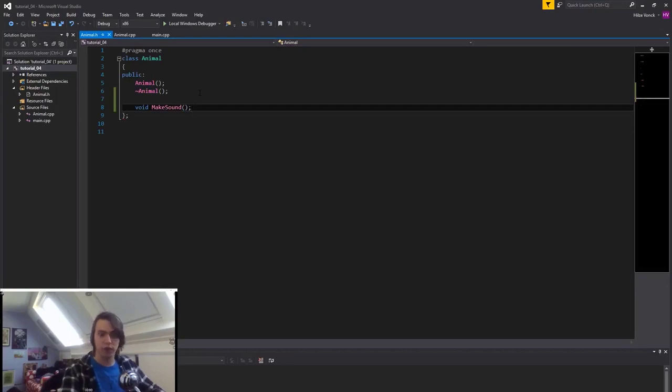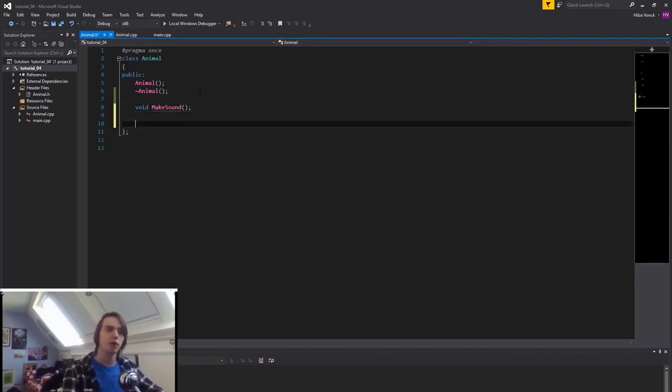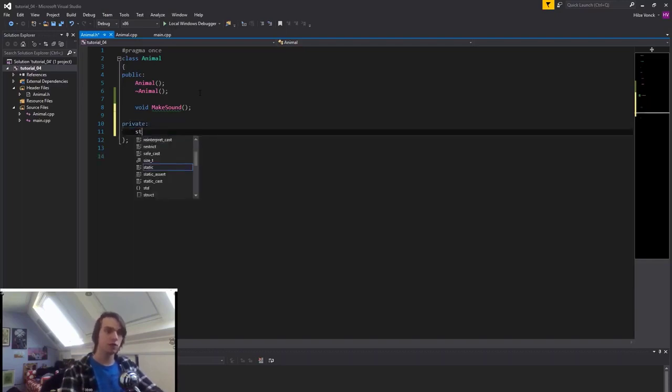We don't need to specify anything yet. It doesn't need any attributes, because we just want to make a sound. It doesn't need anything specific for that. And let's also make a private. So we're going to specify the private keyword string